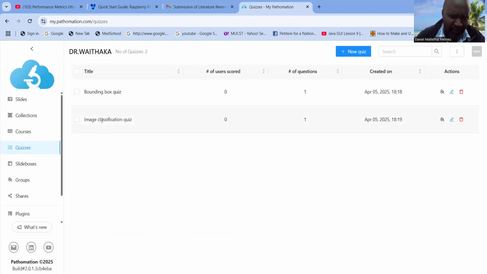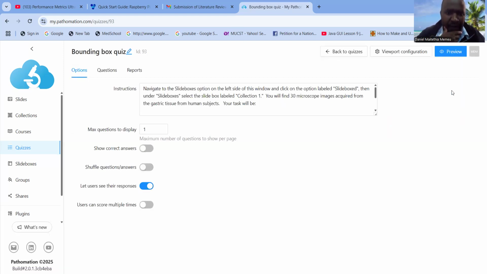The other one is image classification quiz. If you click under action, if you click edit, you'll be able to see basically what we have